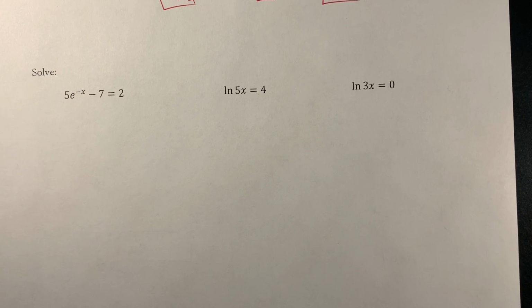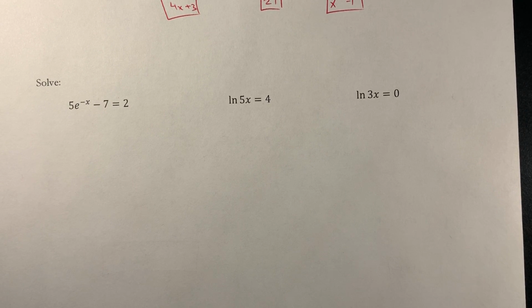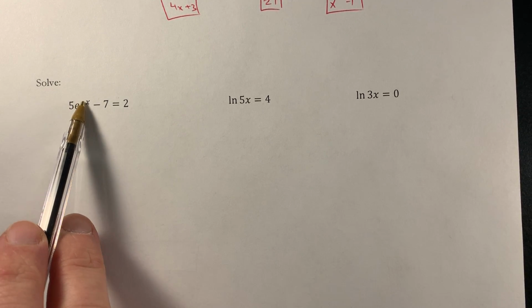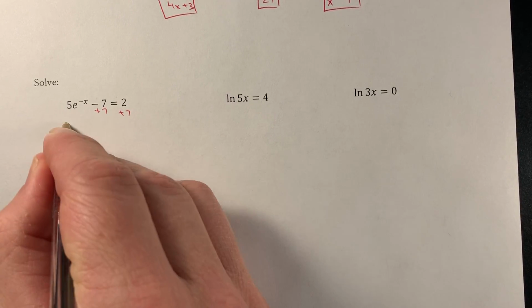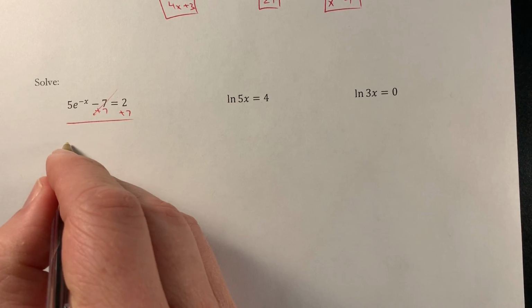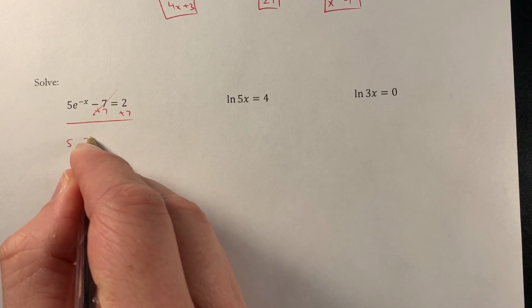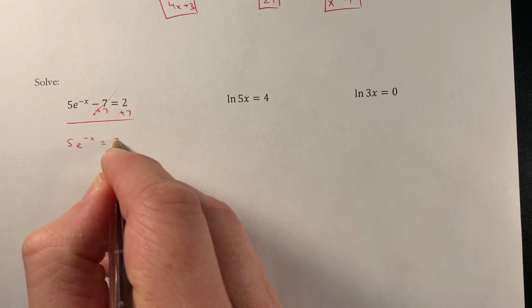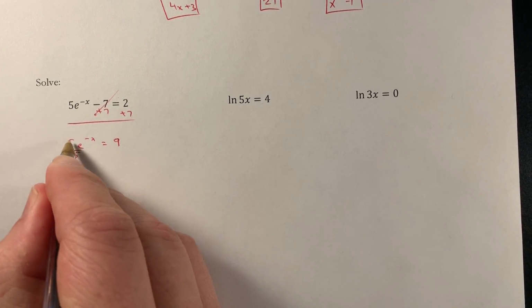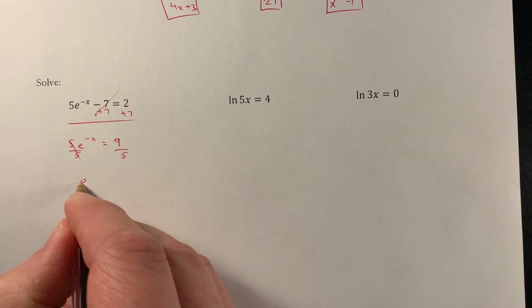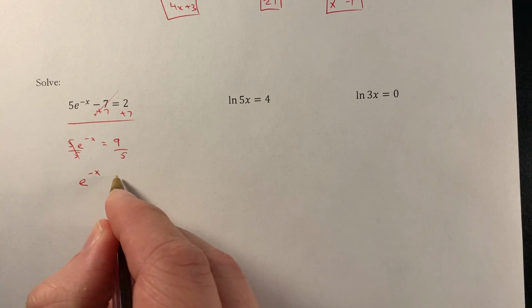So our first equation, 5 times e to the negative x power minus 7 equals 2. So we're going to do some inverse operations first to get this e to the negative x by itself. So we're going to add 7 to both sides. So we get 5 times e to the negative x equals 9. Okay, then we're going to divide both sides by 5. So e to the negative x power equals